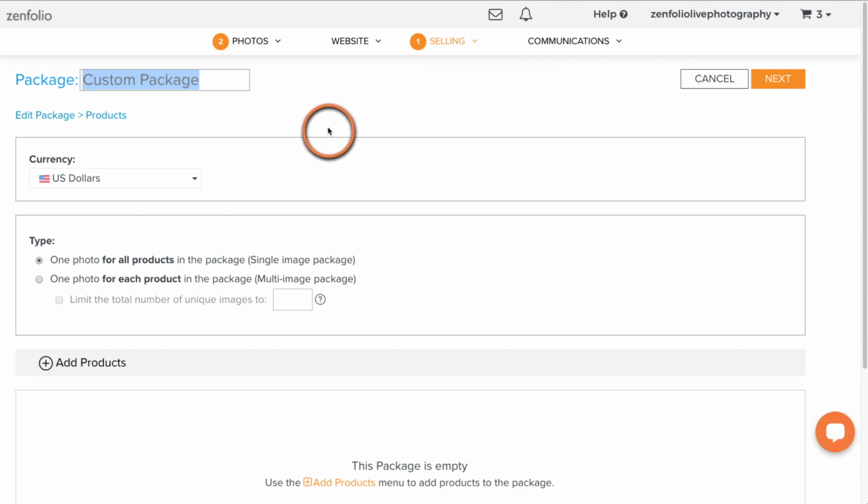Okay, so as photographers, a lot of times we do something like this. We'll say this is package A, and we leave it at that, right? Well, if that's the only piece of information I see about this package as a client, along with the price, it doesn't really tell me what I'm getting until I add it to my cart. And so if you're planning on using that really simple buying experience, being strategic with how you title your packages is really going to make it easier for your clients.